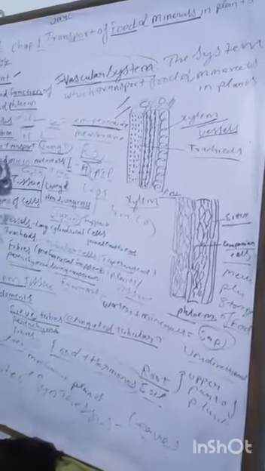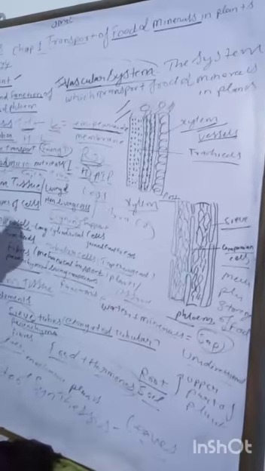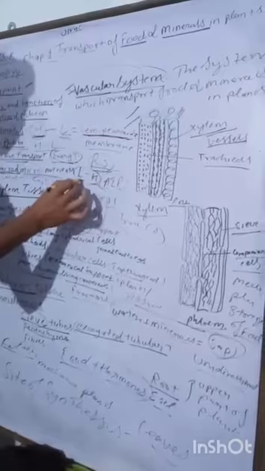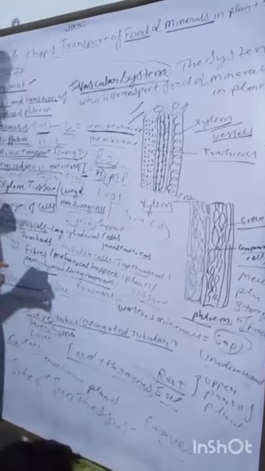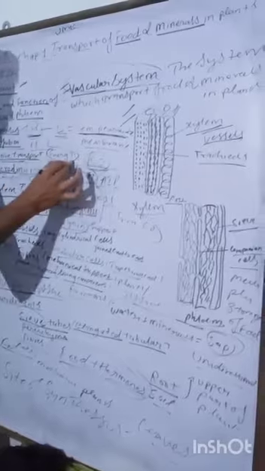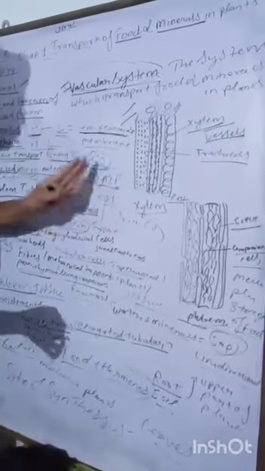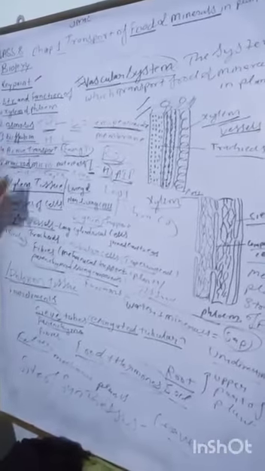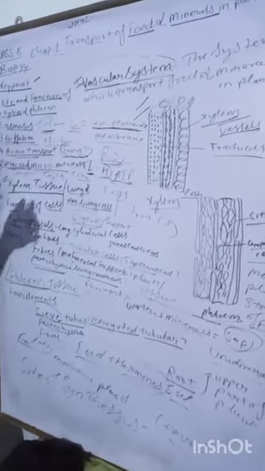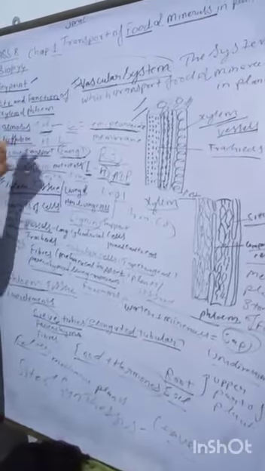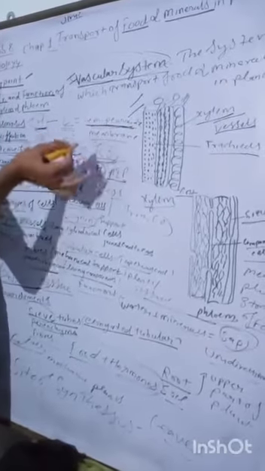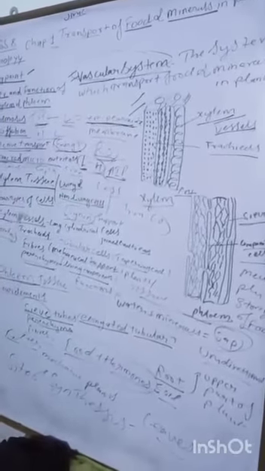So now, is that clear? Osmosis, diffusion and active transport. I can repeat it. Active transport means the transport of ions and minerals from lower to higher concentration, but in this process energy is used in the form of ATP, adenosine triphosphate. But in osmosis, no energy is used, and no energy is used during diffusion. The only difference between osmosis and diffusion is that a semi permeable membrane is used in osmosis only. Okay, students.